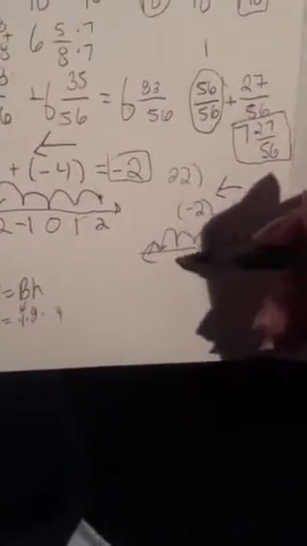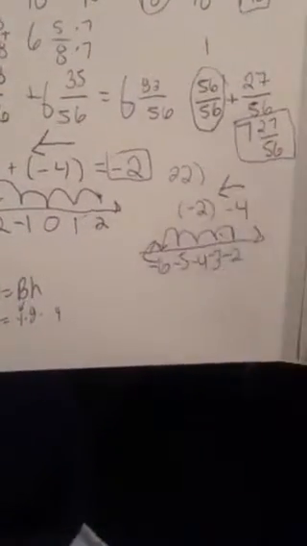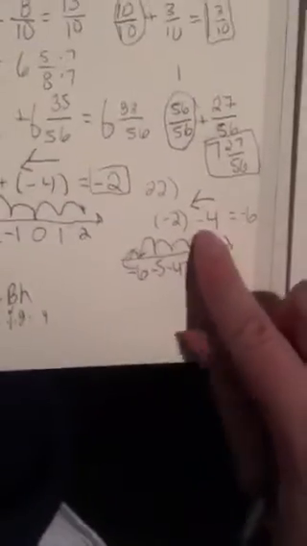I'm going this way. 1, 2, 3, and 4. This would be negative 3, negative 4, negative 5, and I land at negative 6. So negative 2 minus 4 equals negative 6. Another way to